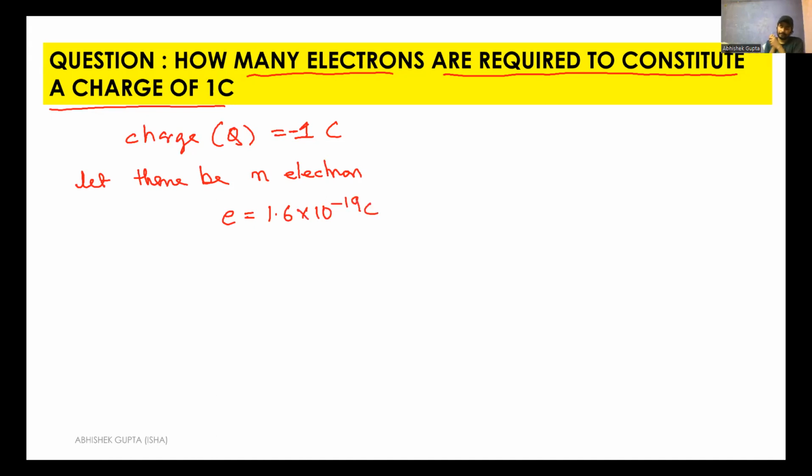Fine, great. Now, can we not say total charge is equals to n times E? That means Ne is equals to Q. टोटल चार्ज कितना चाहिए आपको? सॉरी यहाँ पे नेगेटिव साइन होगा। टोटल चार्ज कितना चाहिए? 1 कूलम। n मुझे निकालना है, E का वैल्यू मुझे पता है -1.6 into 10 to the power minus 19 is equals to कूलम का वैल्यू दिया है -1।